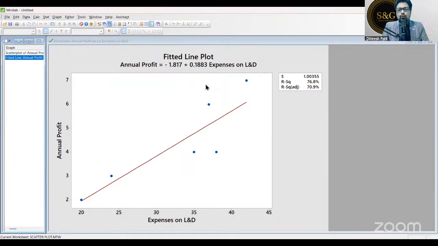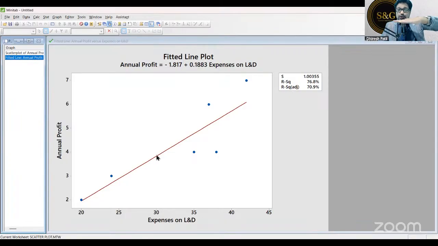So you want to calculate various values. The value of a depends on the line of best fit. The software will calculate it. See, what is a? A is nothing but where the line intersects the y-axis, right? This is a, and b is the slope.